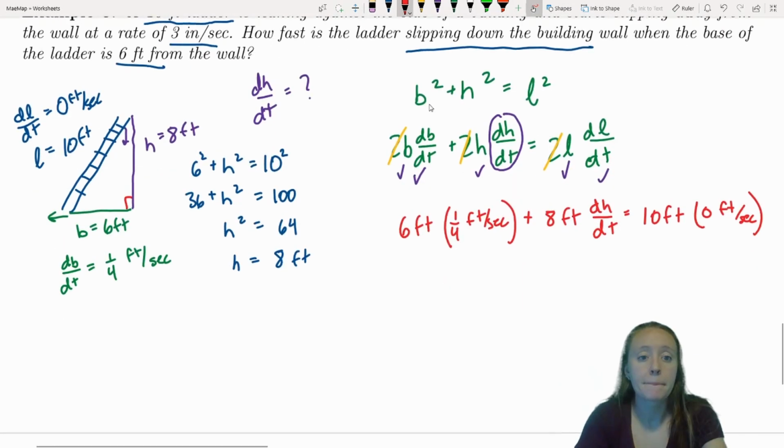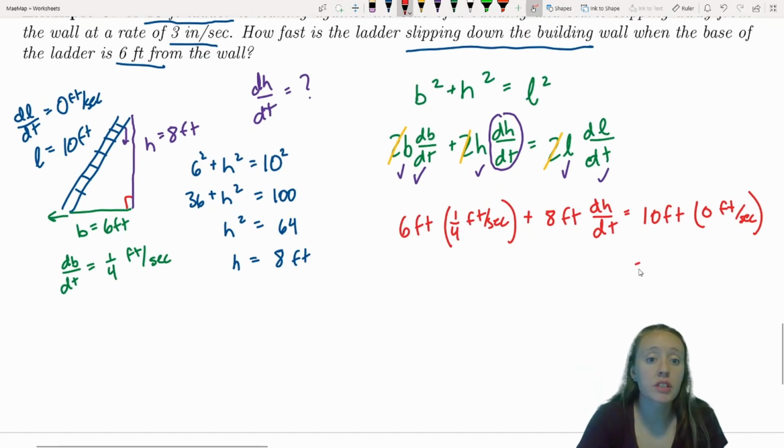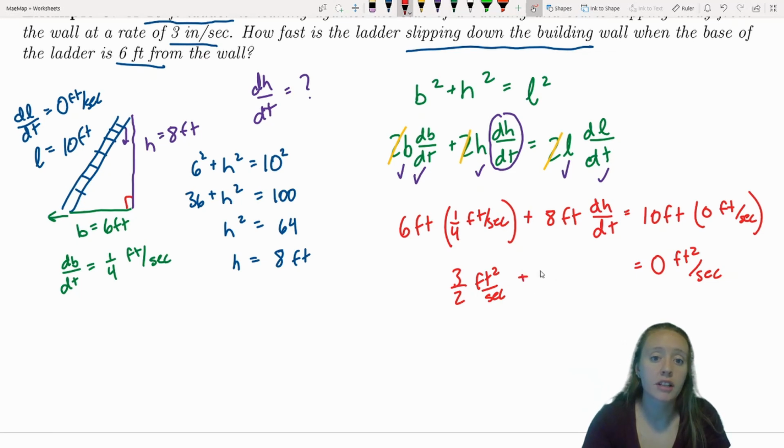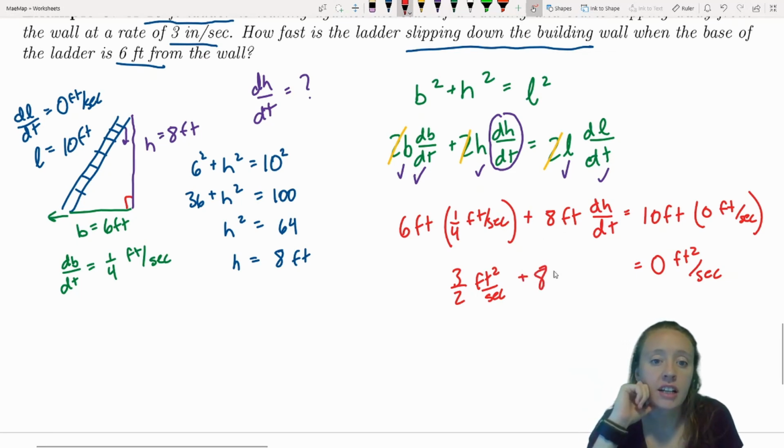Simplifying this, my right-hand side of my equation goes to 0, so I have 0 feet squared per second, and that's going to be equal to 6/4 or 3/2 feet squared per second plus, and I'll leave this as 8